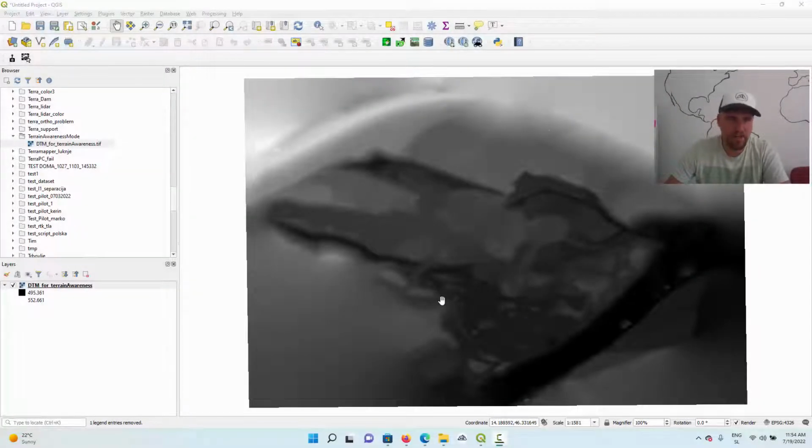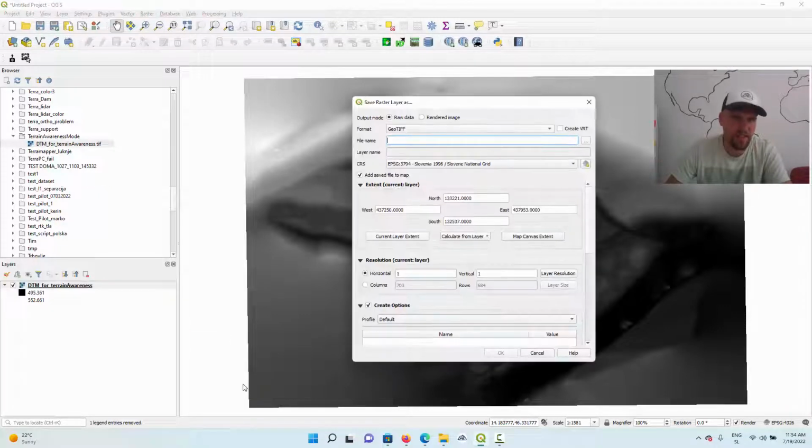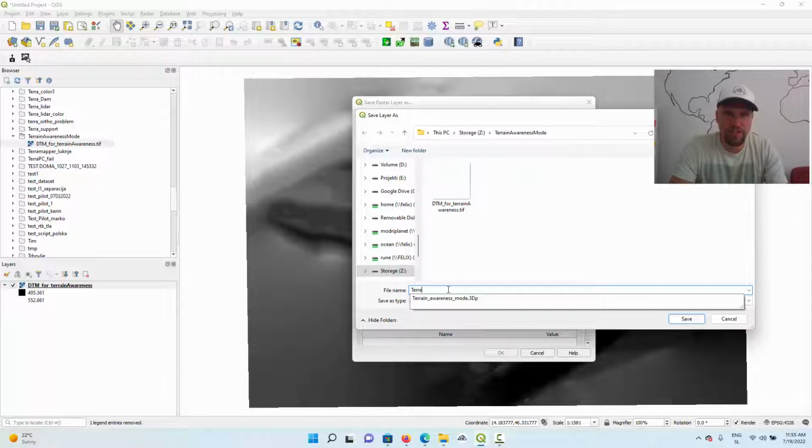Okay. And now for the final step, we save the DTM file. So now we right click here on our DTM and use this option, export and save as. Okay. Now for format we'll use GeoTIFF. Select the file name here. So here we'll write, for example, terrain model